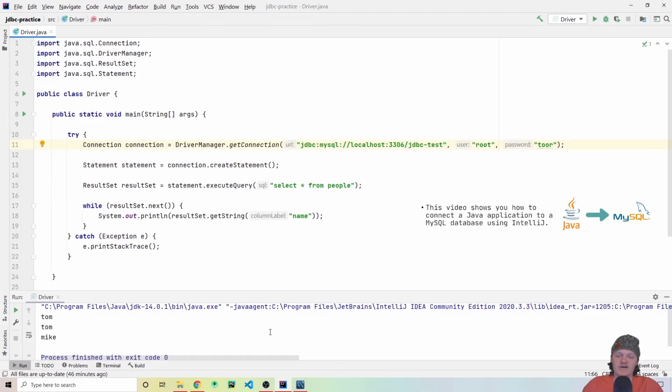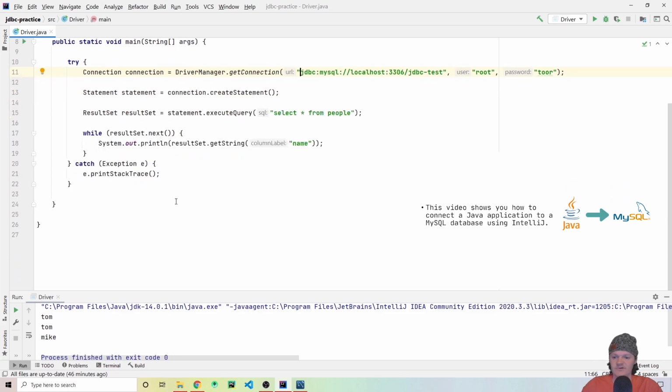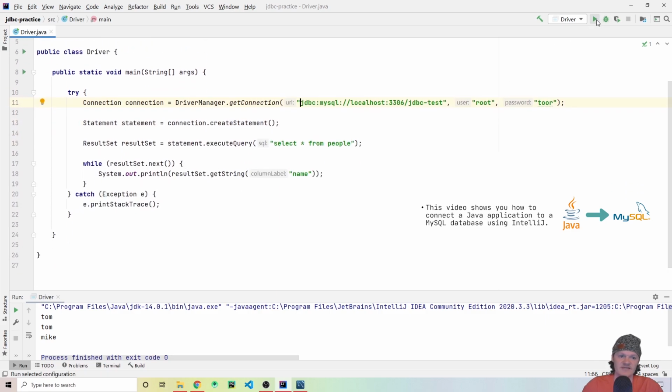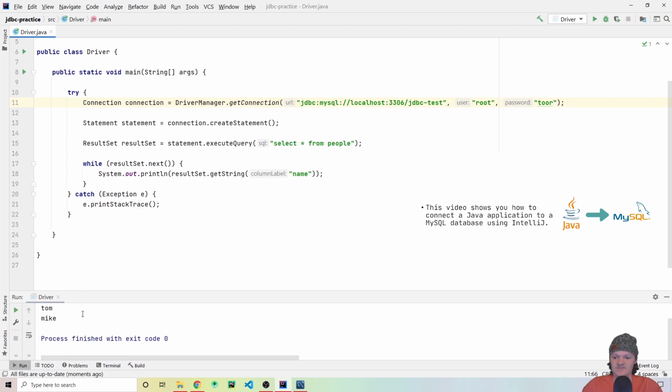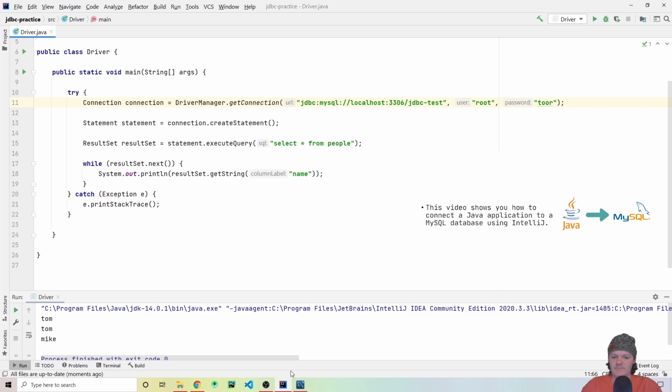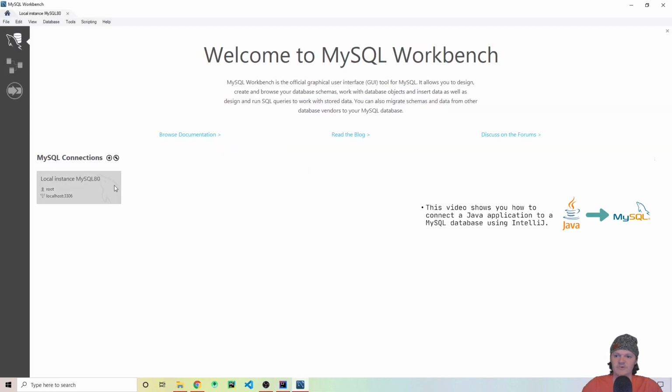Today we're going to be connecting a Java program to a MySQL database using MySQL Workbench and IntelliJ. This is particularly what we're going to be building here. Let me just show you a quick example. If we press play, down here to the console, these will be logged down here, Tom and Mike, which are in our MySQL database